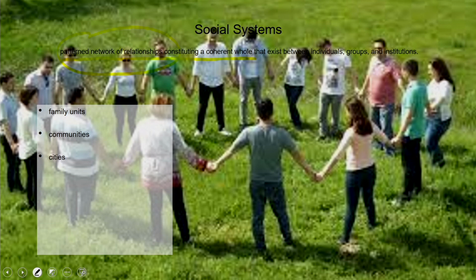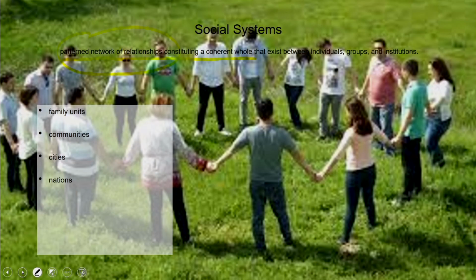Usually we ask each other which city you belong to, and we also have this way of looking at pattern network relationships, like okay, this person belongs to city X, so must be this kind of person. In order to create these generalizations, we always have this because we belong to certain groups and we do not belong to others. That's what we want to differentiate over here. Then nations, college campuses, and so on. One person can belong to many different social systems,